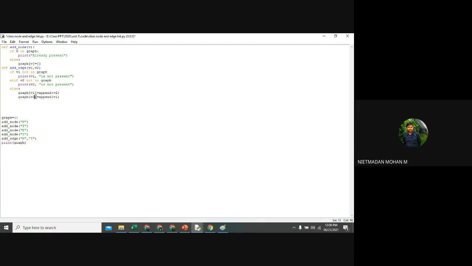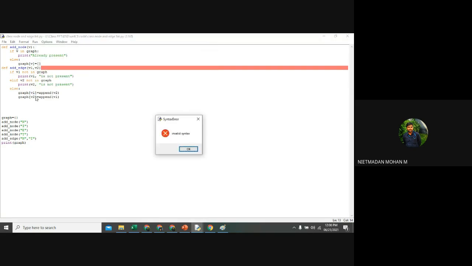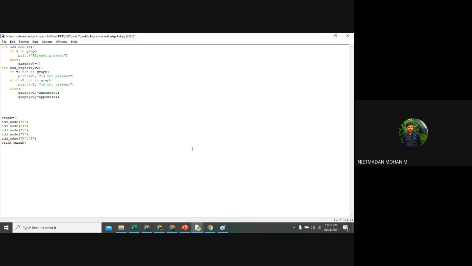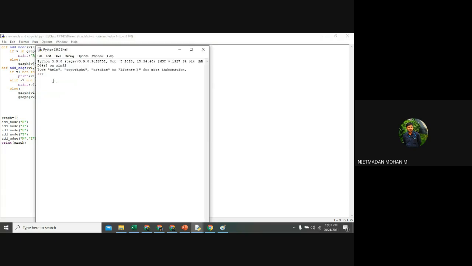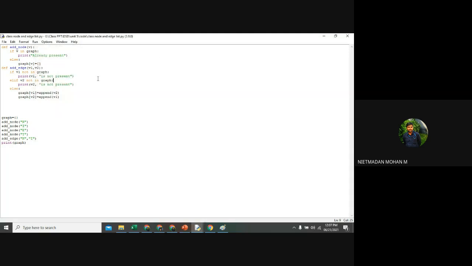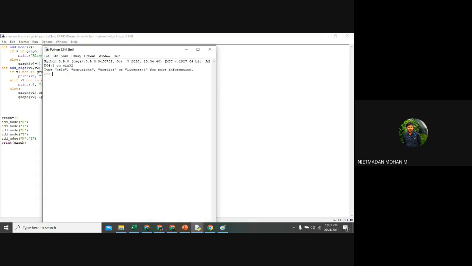The list will be appended, not a function. So it will not give you an equal to symbol; the appending will be applied on the graph.